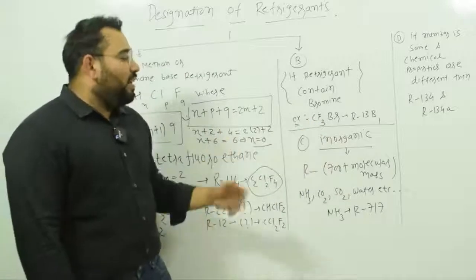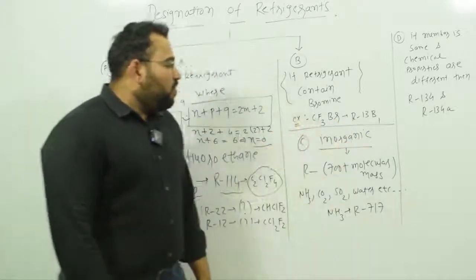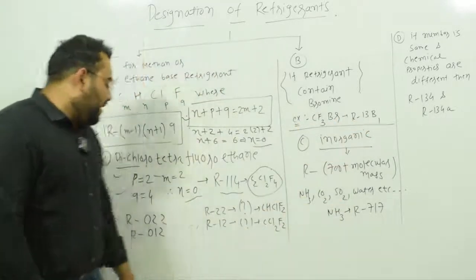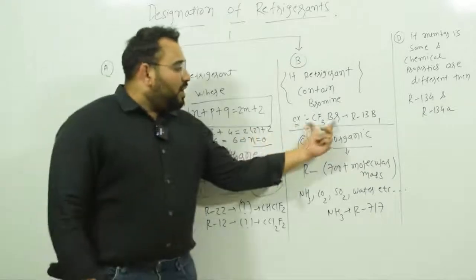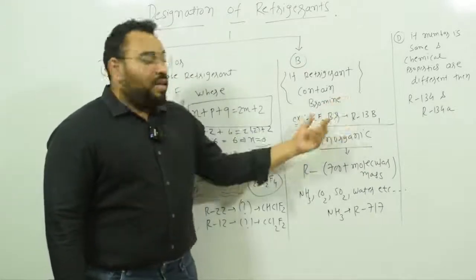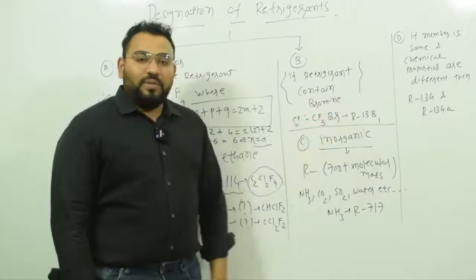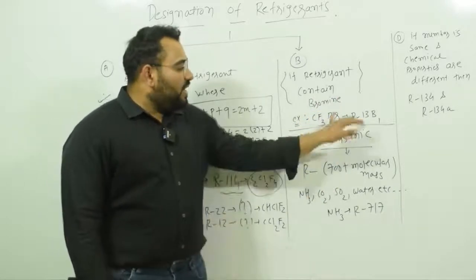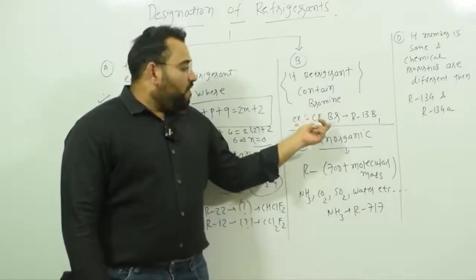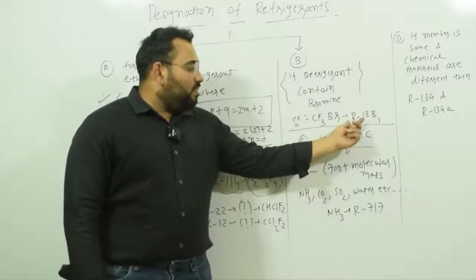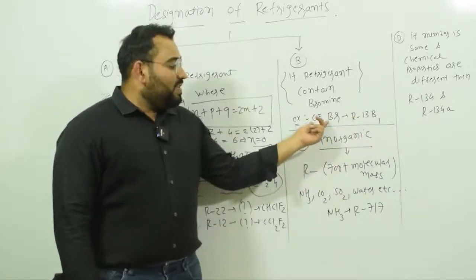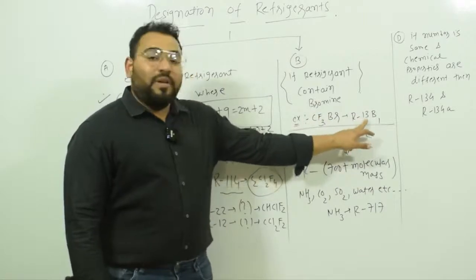So how to give the number? To give the number, what do you have to do? First you have to find the refrigerant number. So let's say by using this formula, now forget the Br. Now only remember CF3. Okay. So by using this formula we can find R13. The refrigerant number is R13. Just remember CF3. So that number will be R13.